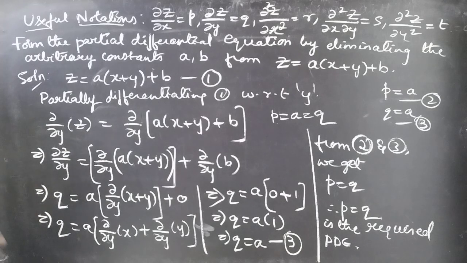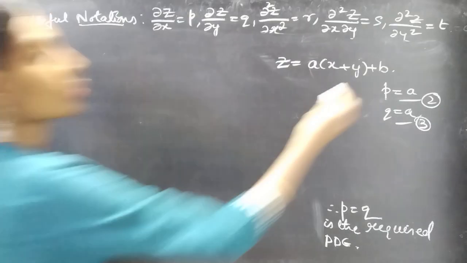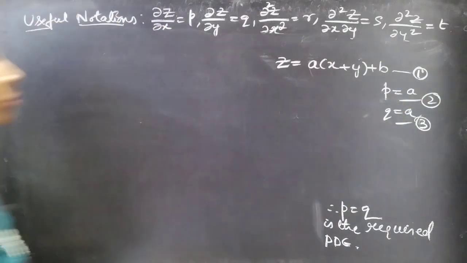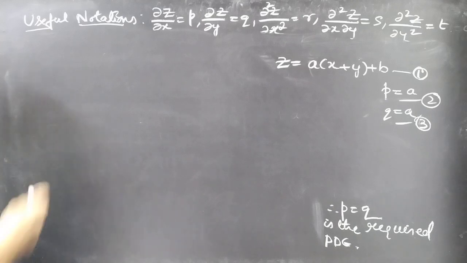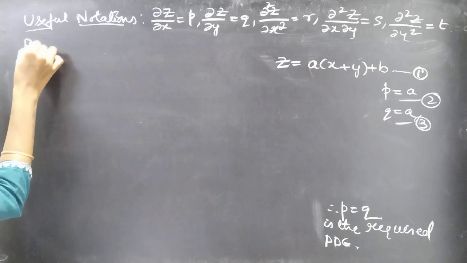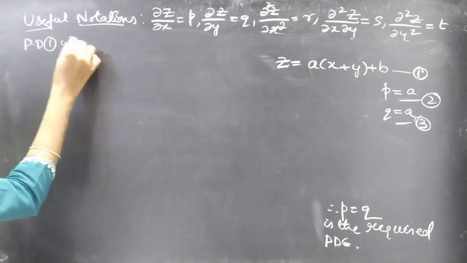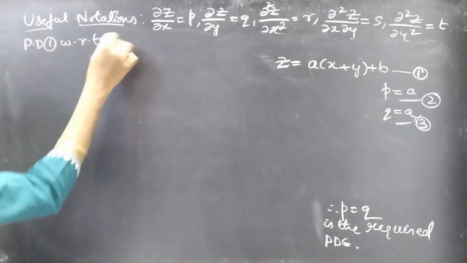I'm doing the same problem one more time directly, without including the number of steps. So let's see that. We have equation 1, a relation in x, y, z, a, b equal to 0 form. Now partially differentiating 1 with respect to x,